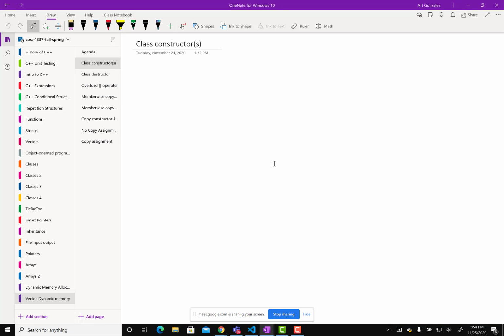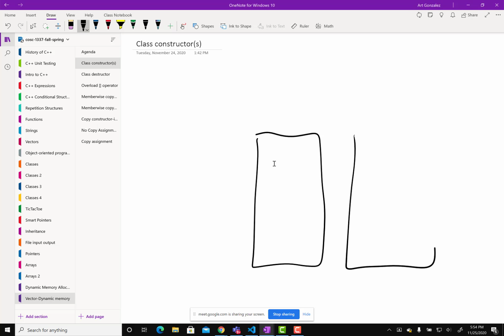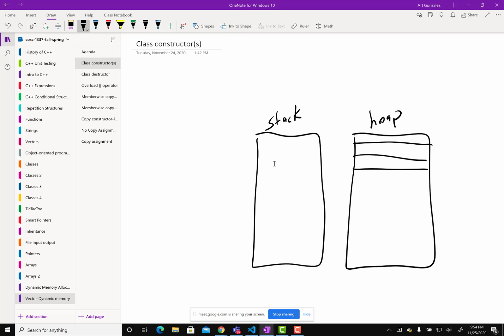Let me first of all diagram what happens. Okay, so we have stack, heap, get some blocks there. So when we create a vector,